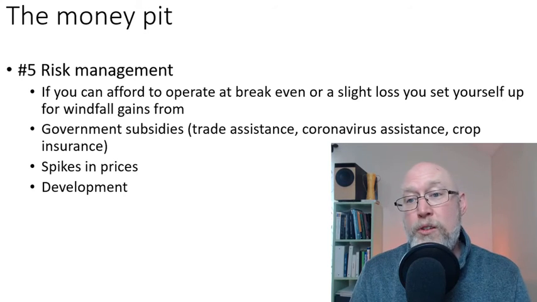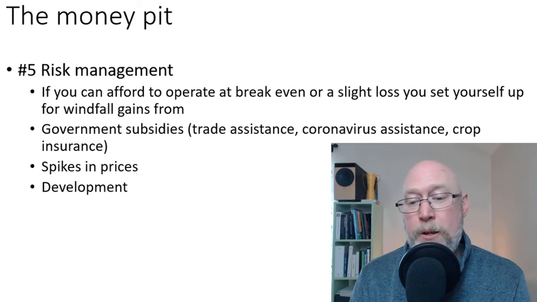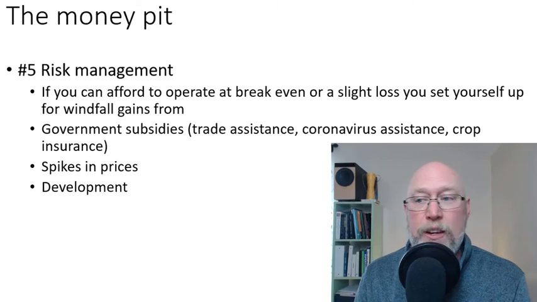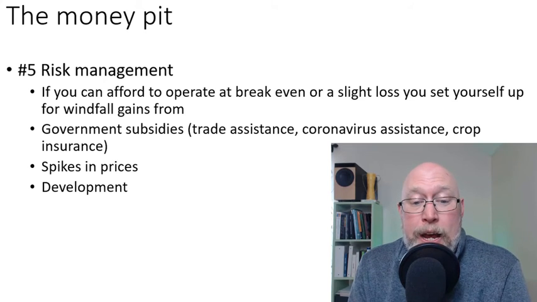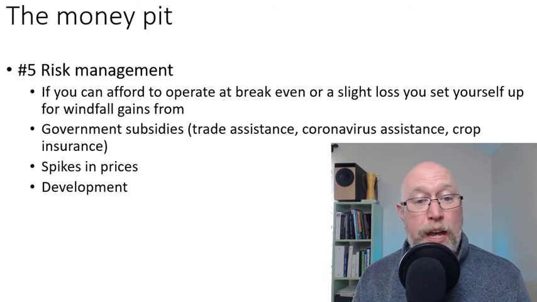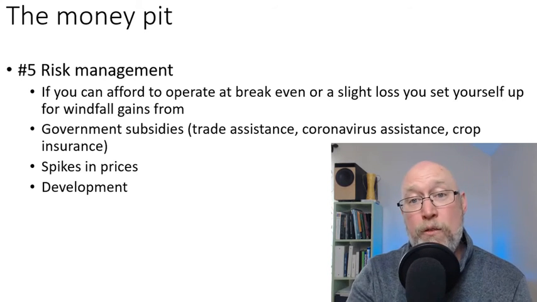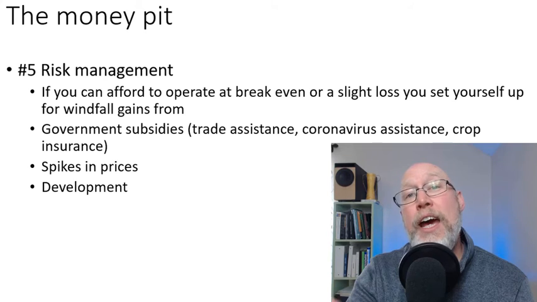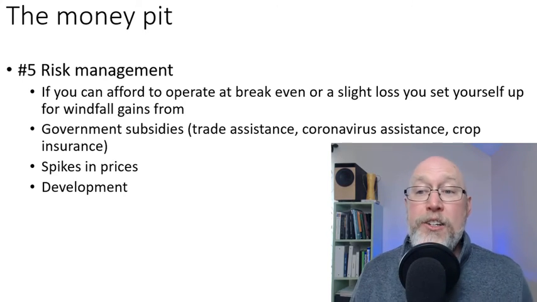So you run along with this farm and it doesn't make any money for 5 years. And then one day you look up and, hey, it's the coronavirus, and the government gives you a $20,000 check just because you happen to have a farm. And you see this massive windfall gain. So it's a way of kind of mitigating risk, or rather, it's a way of taking a risk, hoping for a big payoff, knowing you already have your regular job that's going to make you good money. Hope that makes sense.